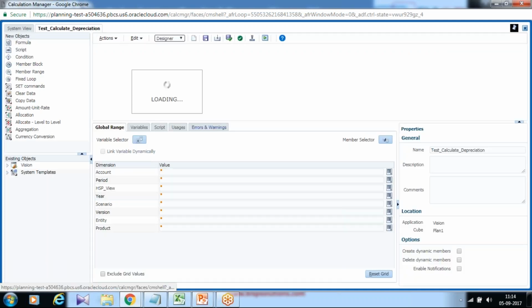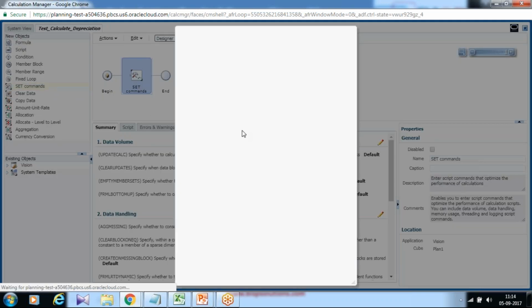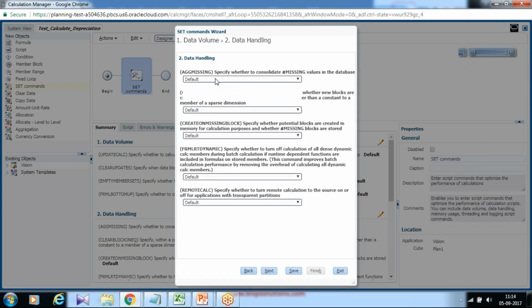The next step, you need to set commands as we used to do in the past, but it is graphical now, and it is more like a wizard. When you drag and drop, a wizard pops up where you can define your intelligent calculation, the respective properties, whether you would like to create blocks or not, and various other SET options. In this example I just wanted to specify aggregate missing, hash missing.